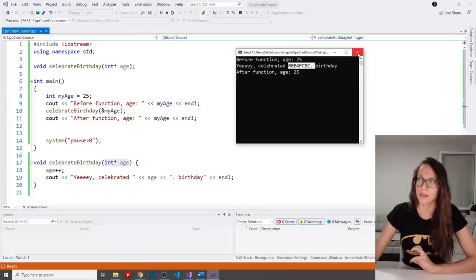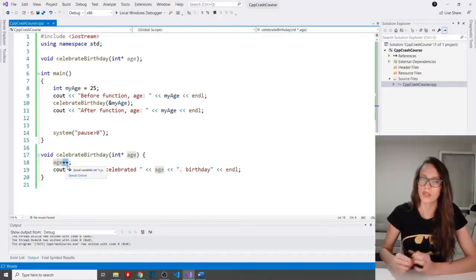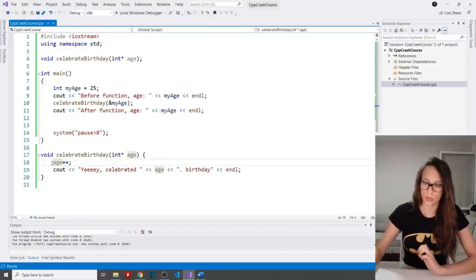And why has that happened? Because here we have received age as a pointer, and here we are treating it as a pointer as well, meaning that here we are increasing address and not the value that is stored on that address. And in order to access a value, we have to dereference that pointer. So that we do with this star symbol.